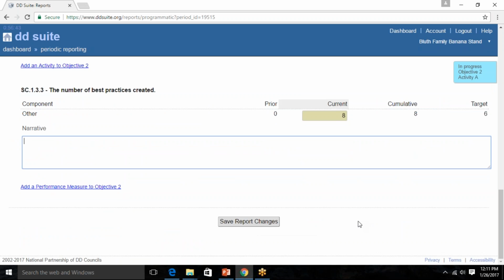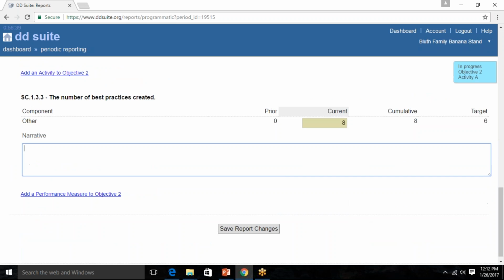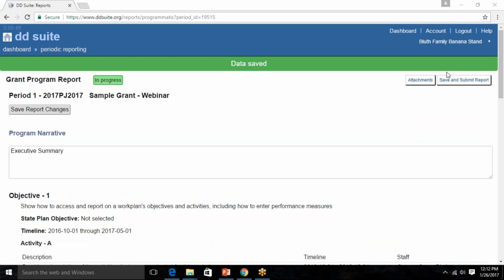Now, it's important that once I'm complete, or even as I'm filling this out, I do want to hit this button, Save Report Changes. All right? Now, you'll see up here, let me move my little screen here, there's a link for attachments. So a lot of you have asked, as you complete materials that you want to attach to your program report, you can do that now by clicking this attachments link, and a pop-up will come up and ask you to browse the location on your computer where the attachment is. You'll be able to attach it to